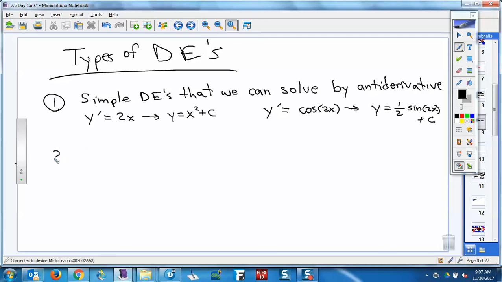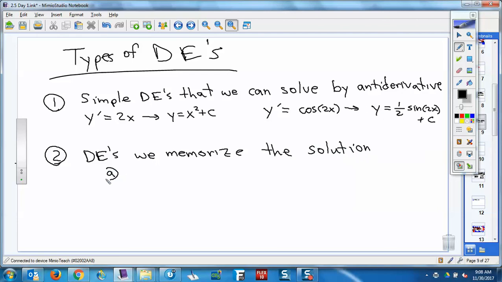Okay? Then there's going to be DEs we memorize the solution. Now there's only going to be 2 of those. And we're only going to do one right now. So the one we're going to do right now is this one. Y prime equals k times y. Now that's different now than the type 1 because it's got that y. Okay, so this is different. We can't just do an antiderivative. The solution of this is, turns out,